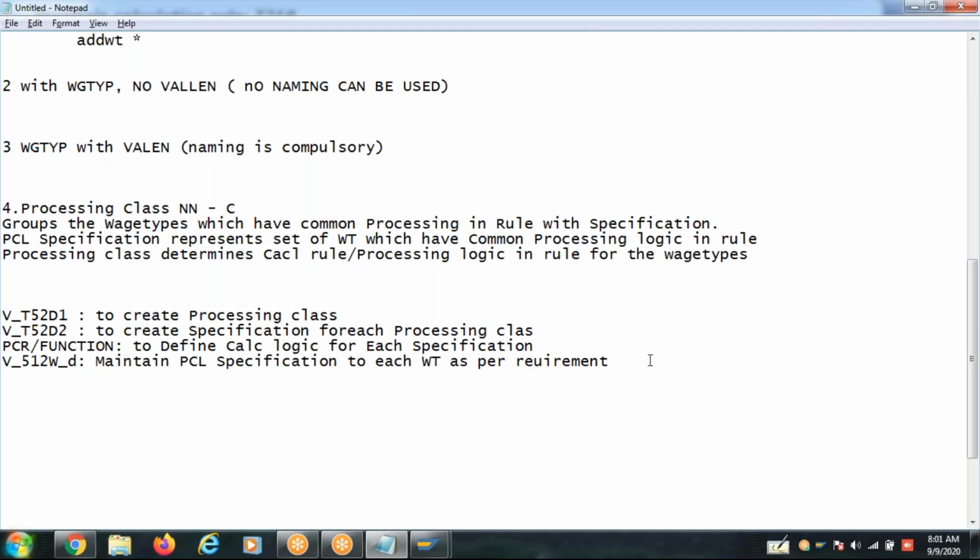Now, 01 to 99, I said, are processing classes. In this, remember, usually 01 to 89 is SAP standard, and 90 to 99 is user defined or client specific.